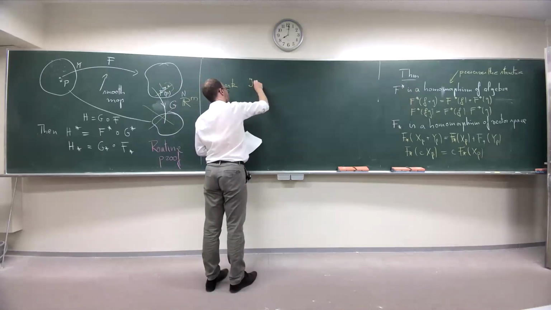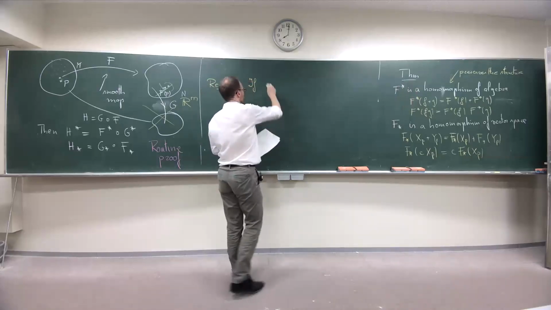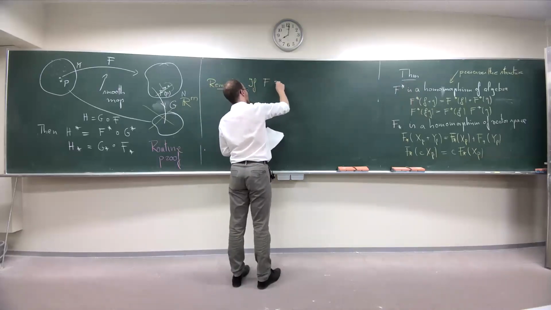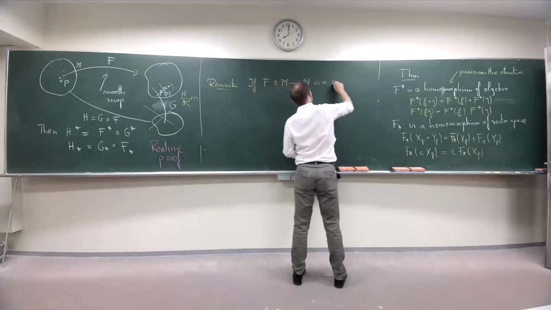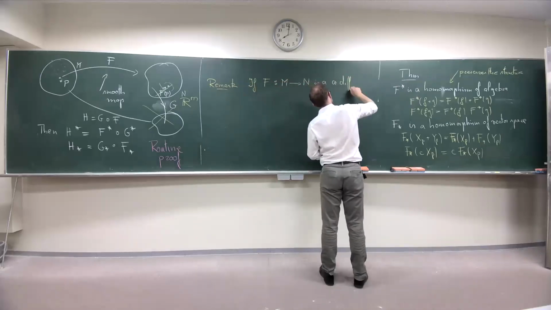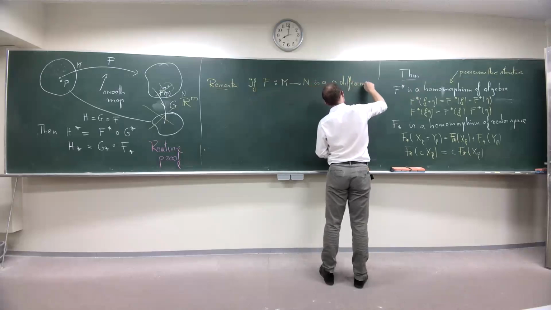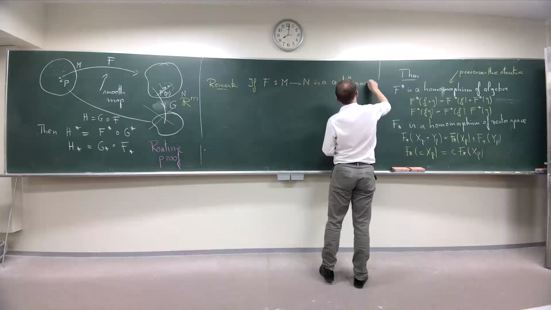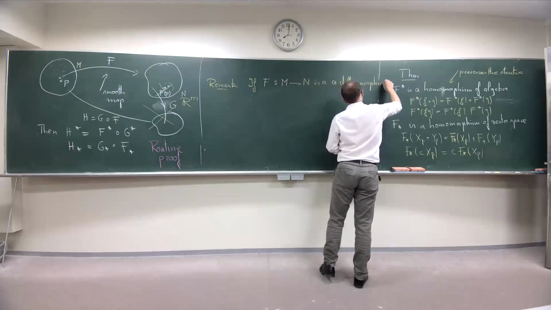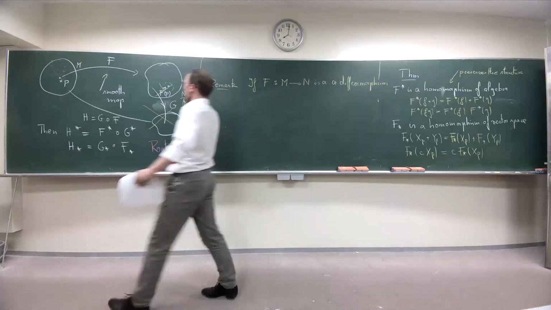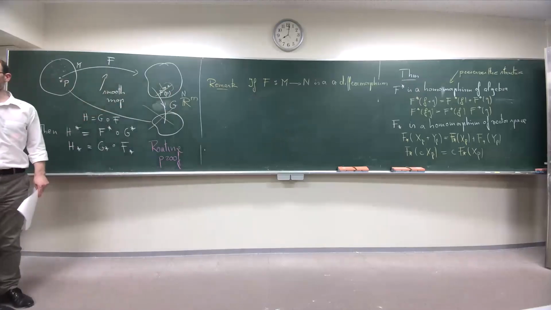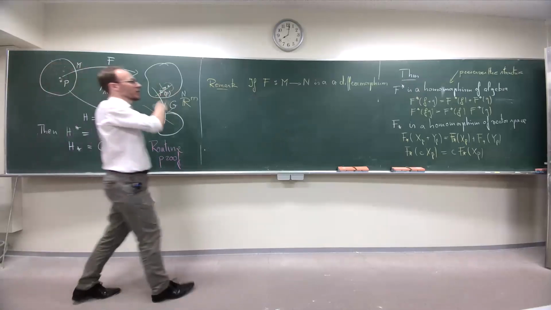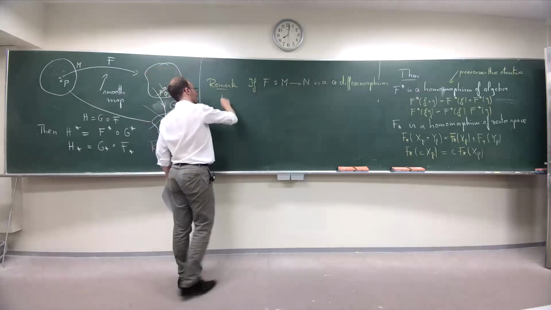If F from M to N is a diffeomorphism, you remember diffeomorphism means it's bijective, and the inverse has also good properties. So if F is a diffeomorphism, then